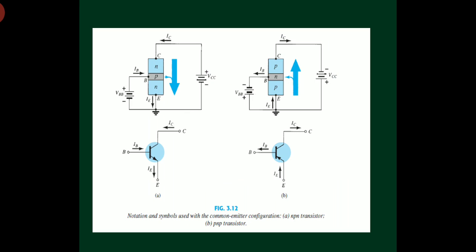So what is VBE then and what is VCE then? VBE is the voltage across the input junction, so it is the voltage developed across emitter and base, and VCE is the voltage developed at junction JC, which is the output junction. Okay, so the schematic is as shown, and it is also equipped with the symbol, and the directions of currents are as shown in the figure.